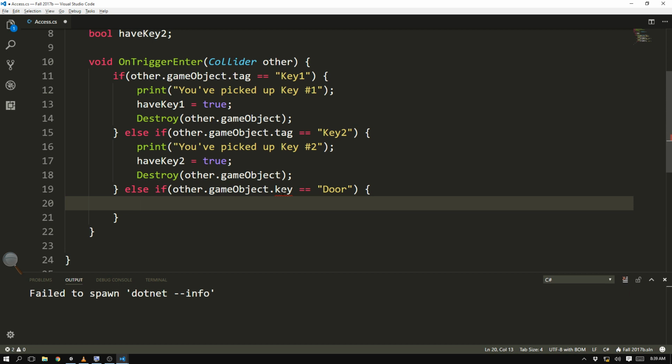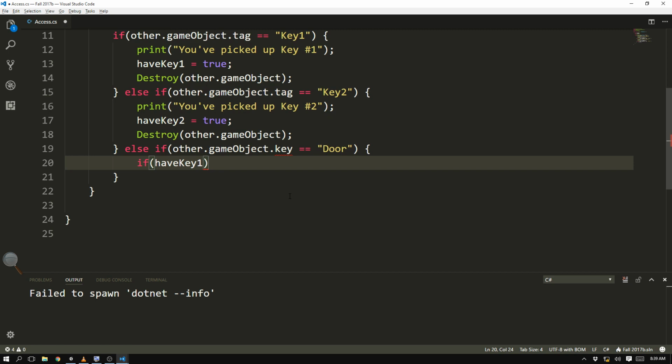So we're going to do another if statement, a nested if statement, if you will. And we're going to say if we have key 1, so that's our Boolean, right? That's our first test. And so our Boolean is either going to be true or false. If have key 1 is true and have key 2 is true,